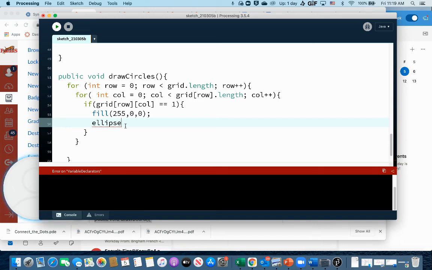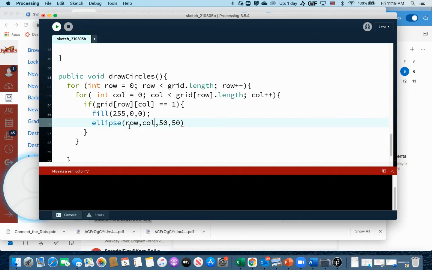So what I need to do here, and remember, it's telling me what it needs right here. So this would be X and Y position, and then the dimension of it. Well, each box is 100 by 100, right? So I know this is going to be 50 by 50. Okay, but what is my X and Y position? My X is going to be related to my row, right? And my Y should be my column. I'm going to go back in here and put row. I'm going to put column. But these are just whole integers,